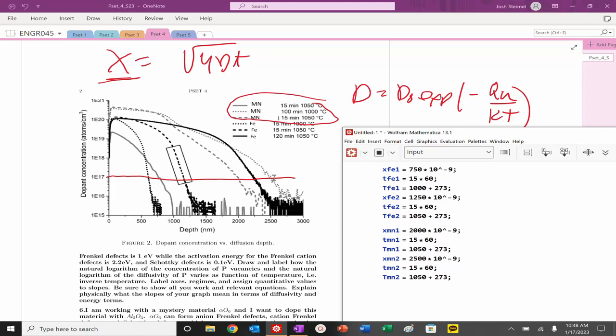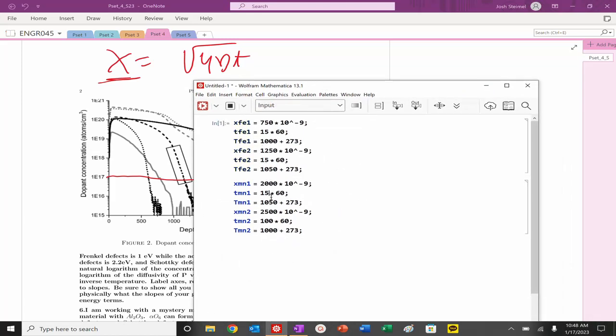And then what's my time? Those are the small dashed. So that's 100 minutes. And that is 100 minutes at 1000. There we go. So I've got this, and I'm going to do EF1 is equal to, remember,